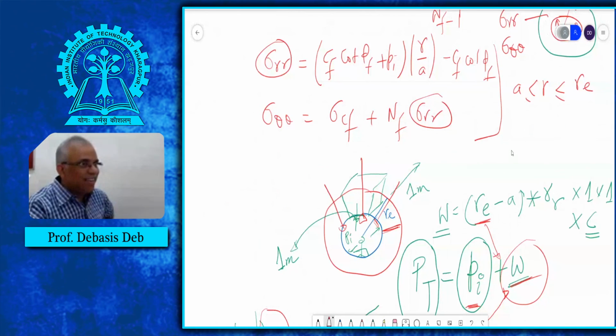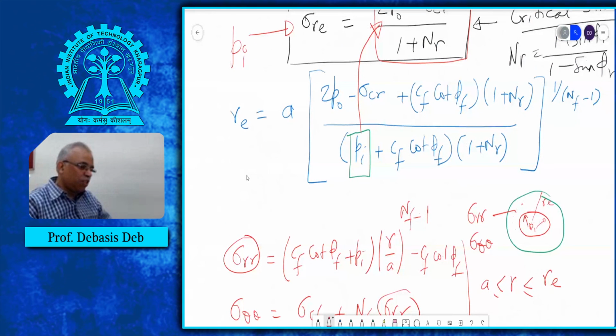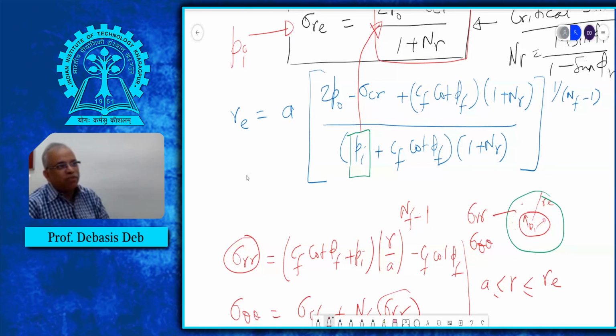So from this elastoplastic analysis, using the Mohr-Coulomb criteria, we can make the tunnel pretty safe. And this is how people are doing it in practice also. Okay. So this much I have to say about the application of this. And this completes your rock and rock mass failure criteria chapter.